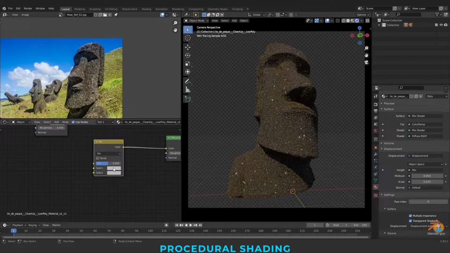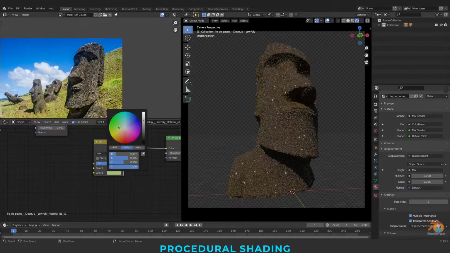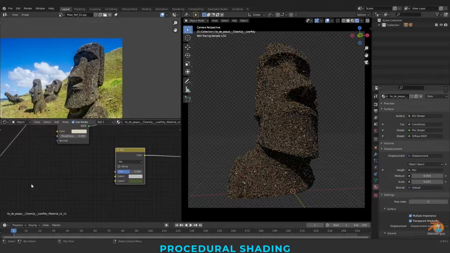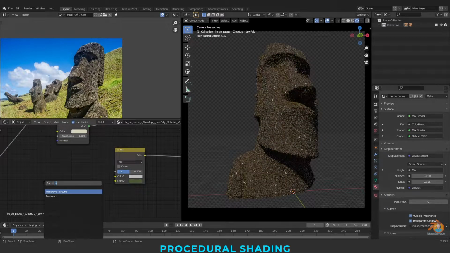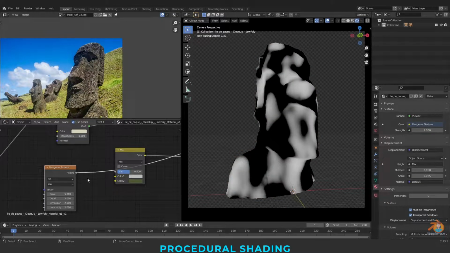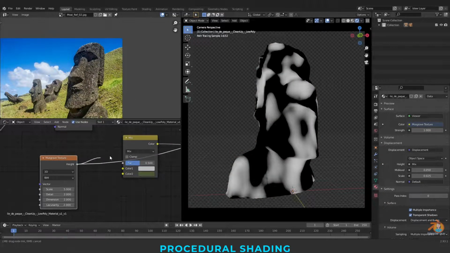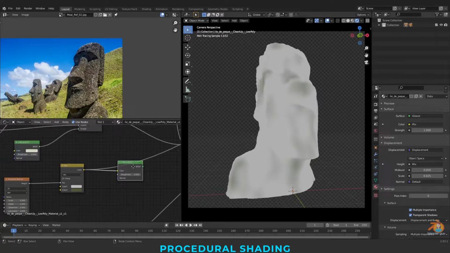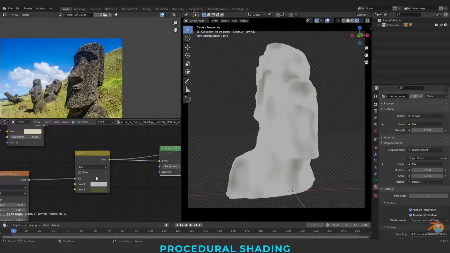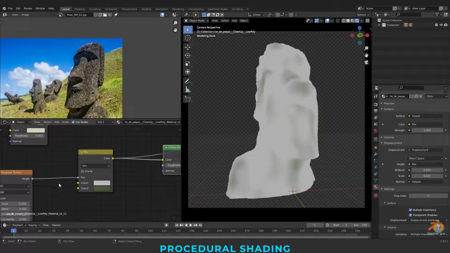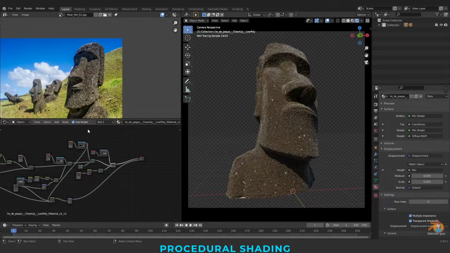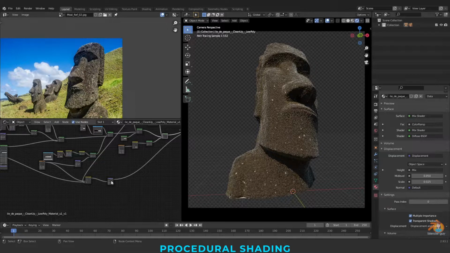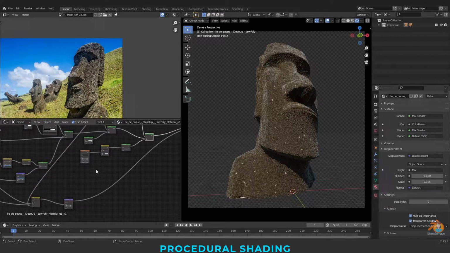I'll keep one as white and the other will be again the moss color. I'll blend them both with the Musgrave texture again. Let us first connect and check how this is actually working. For all the shaders, I just want one to be in the bump. I'll reshuffle all of them in some time.